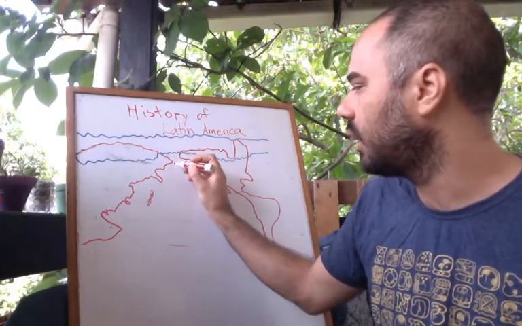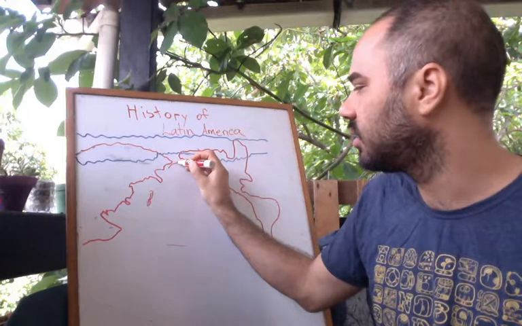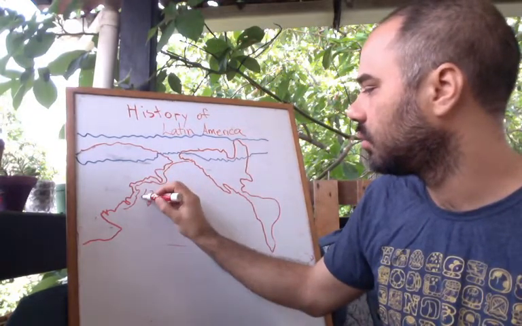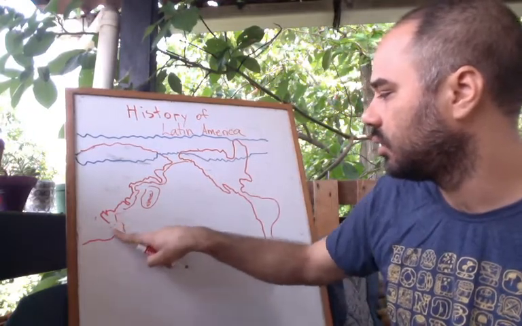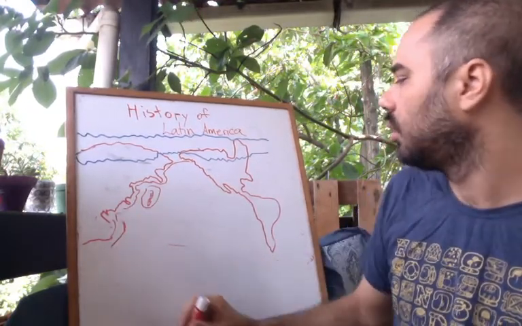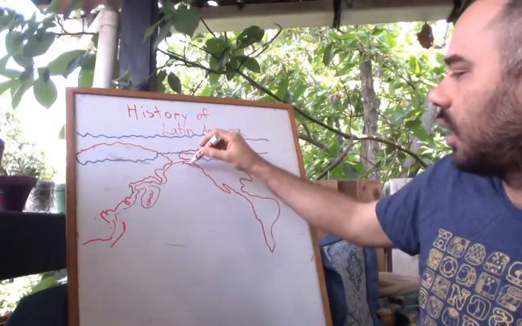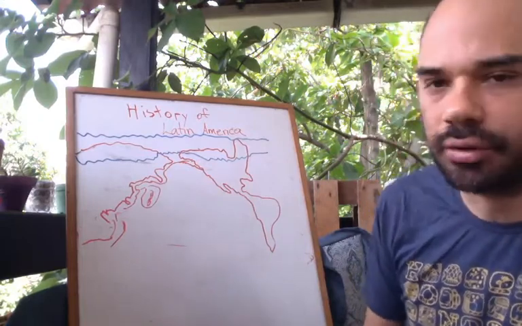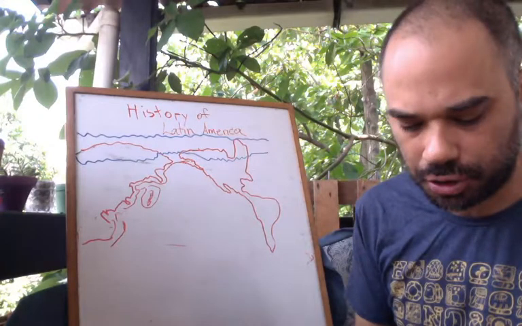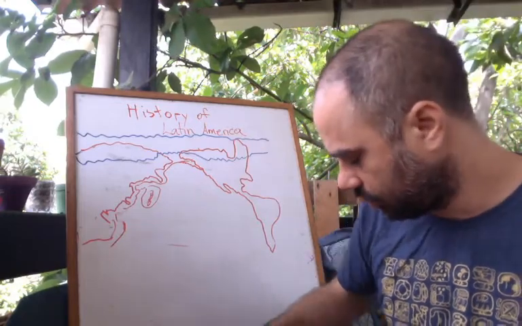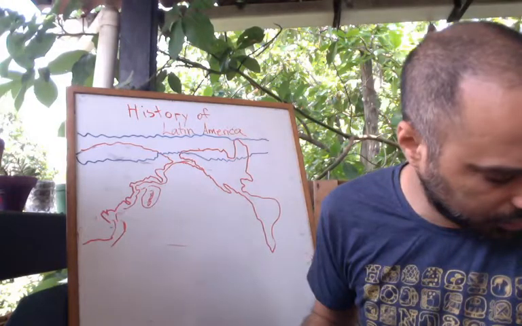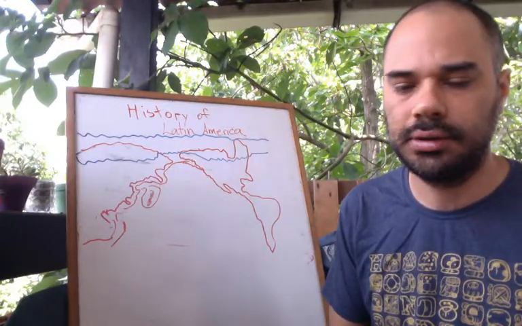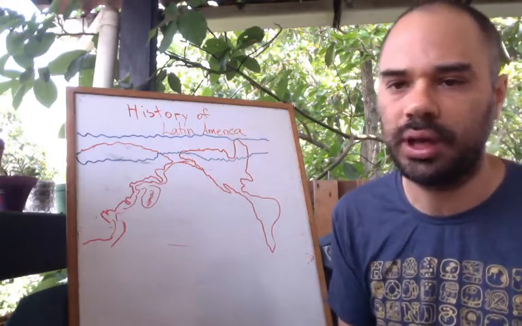So there was more land, and these lands were actually connected. I imagine the Japanese islands were also connected, and this created an opportunity for migration to occur. And migration did occur. This is the most accepted theory of how humans came to populate